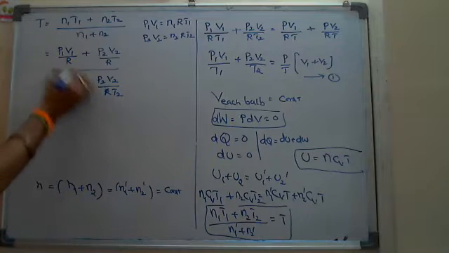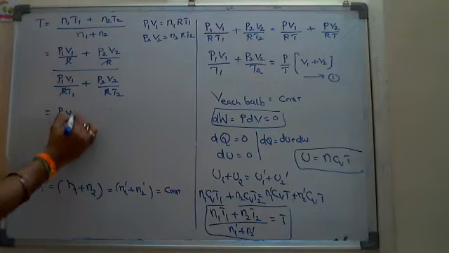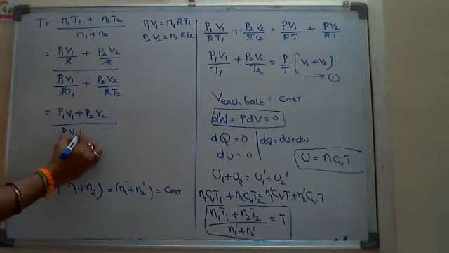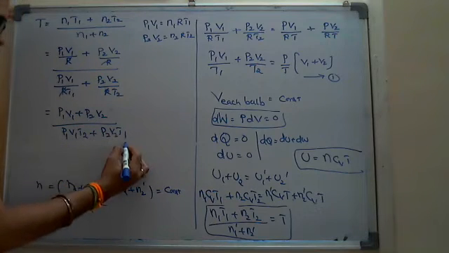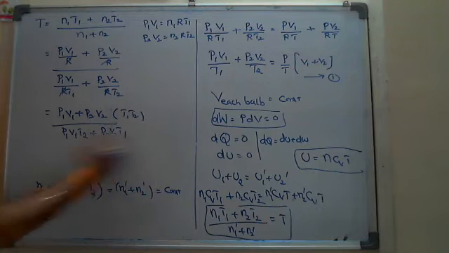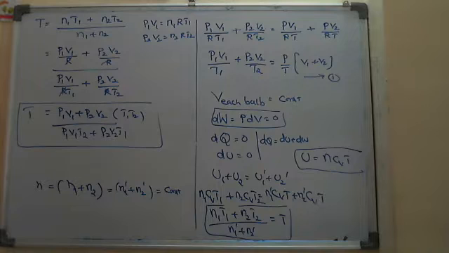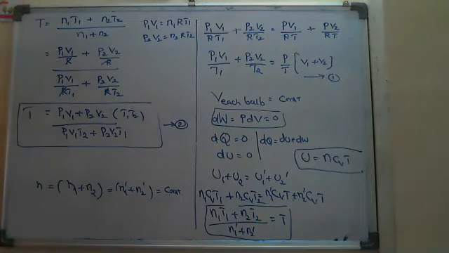Of course, if you take R common, R gets cancelled. You are getting the equation: P1 V1 plus P2 V2 divided by, if you take the LCM, (P1 V1 T2 plus P2 V2 T1) divided by T1 T2, which I am taking to the numerator. This is your common temperature. It is the second equation I got finally using the internal energy concept. So the expansion of gases is linked with thermodynamics, and from there I got the common temperature.